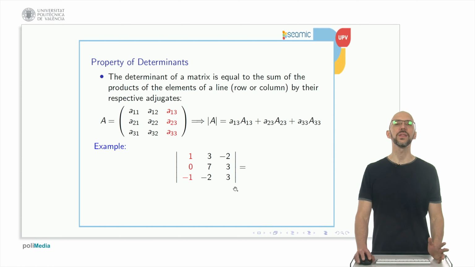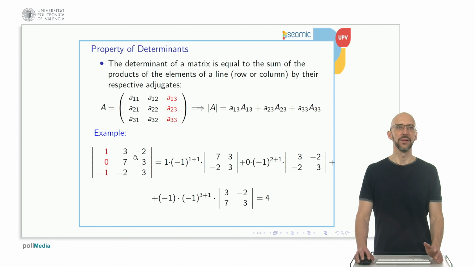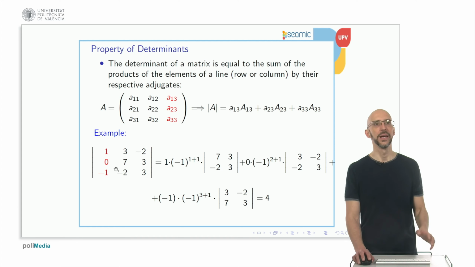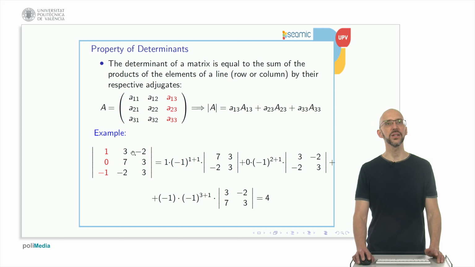So what is going to be the determinant? Okay, here you have 1, it's the element, times negative 1 to the power of the position of this element. This element is in position 1, 1, so it's negative 1 to the power 1 plus 1. If I eliminate the first row and the first column, the determinant obtained is 7, 3, negative 2, 3, the